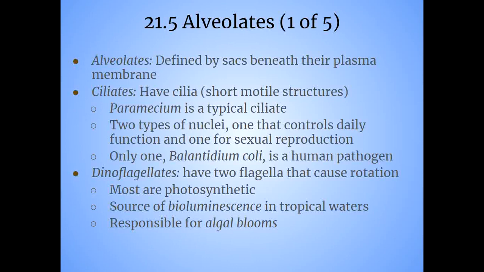So we have three alveolates that we're going to study. We're going to study ciliates, then we're going to go to dinoflagellates, and then we're going to talk about apicomplexans, and discuss them. So ciliates, the name just pretty much tells you that they have cilia. And if you remember back to biology or dual credit biology 1, we know that cilia are structures on a cell that are very short, hair-like projections that will beat in unison